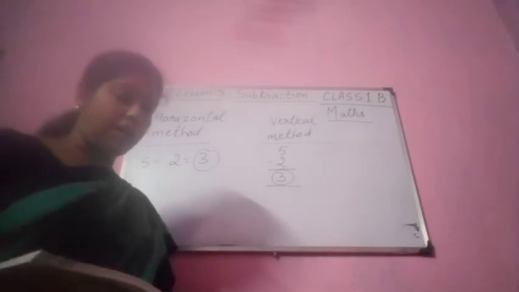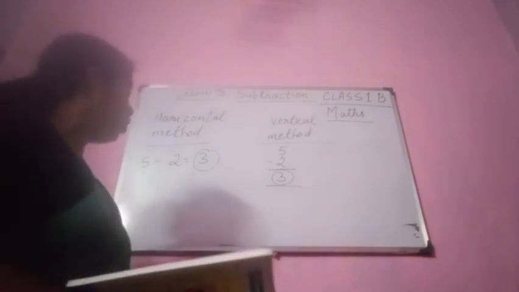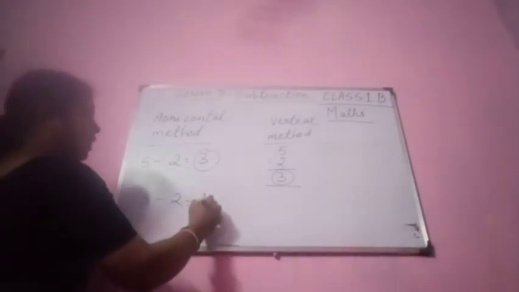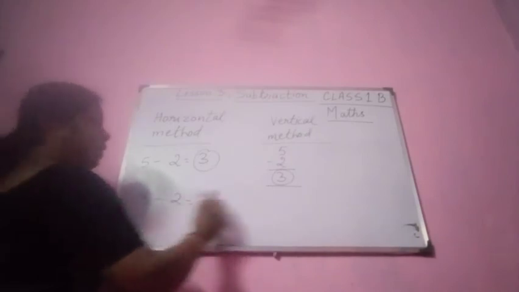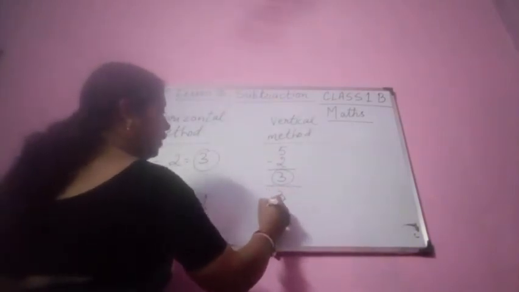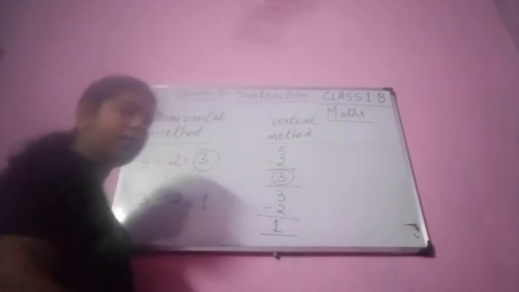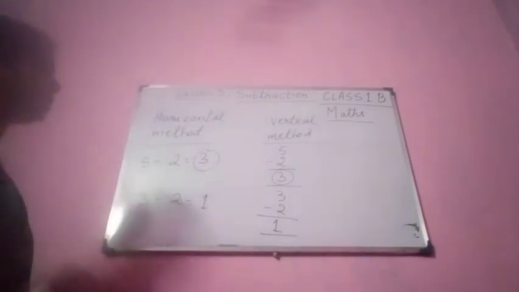Okay, so another maths let us do 3 minus 2. Okay, subtract in 2 ways. So let us write down here 3 minus 2. What will be the answer? The answer will be 1. Okay. And if I write down here 3 minus 2, the answer will be 1. Okay. Isn't it? See, the answer remains same.